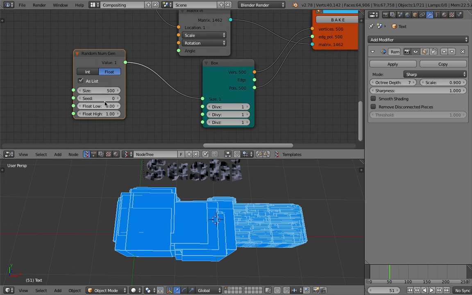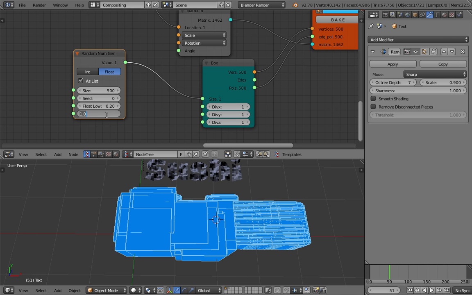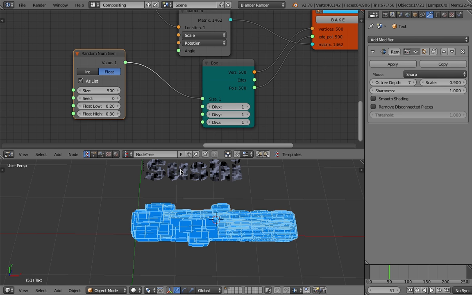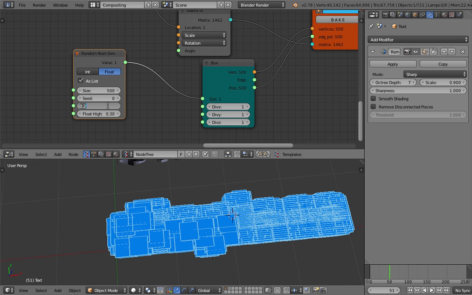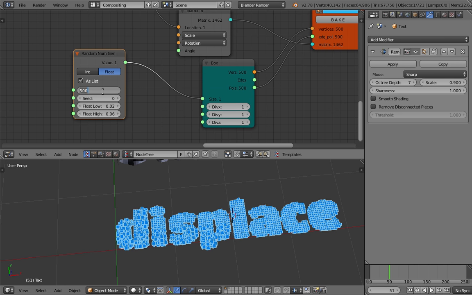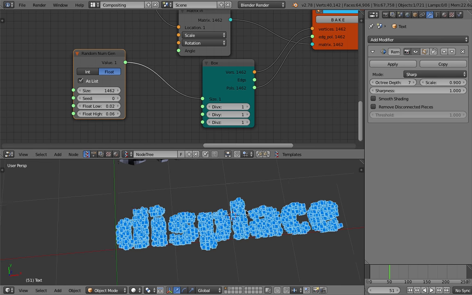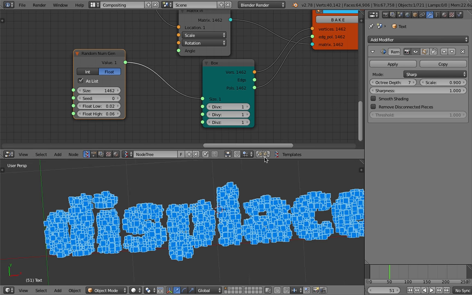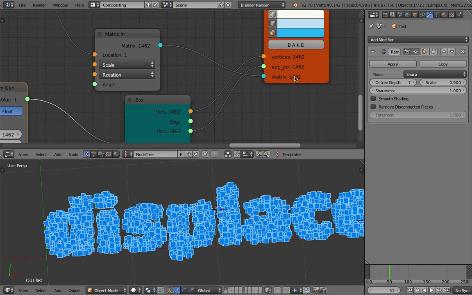Apparently it works. 0.02, 0.056, size, 1462. I think in Blender, as long as the number is less than 10,000